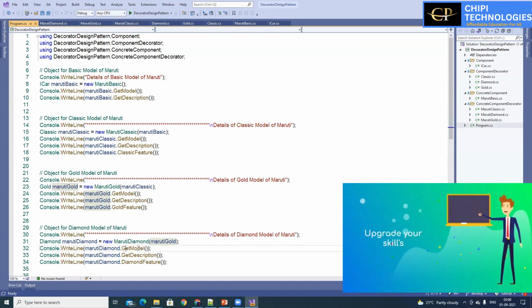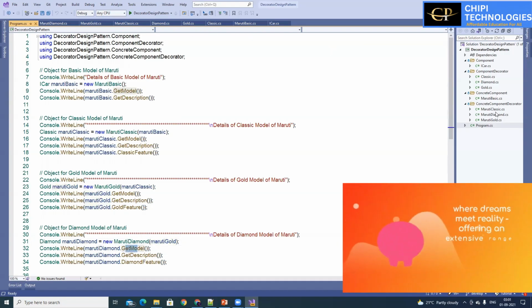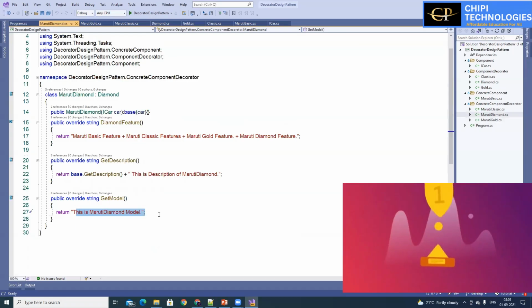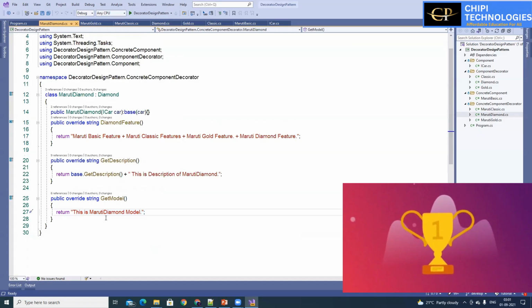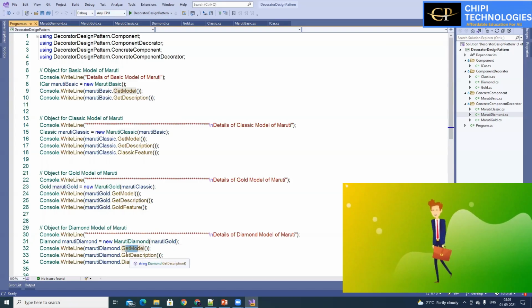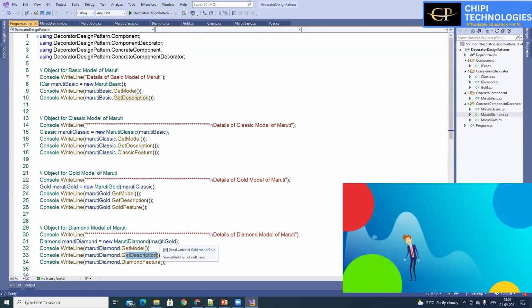So get model will have no impact, because if you see even for Maruti diamond, get model I have just completely replaced everything. I have overridden it and completely replaced everything, and this is the new thing. This is Maruti diamond model, right? Now come to this description, get description. So I'm passing Maruti gold,